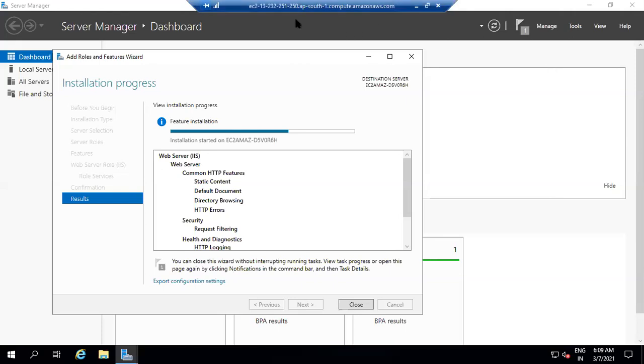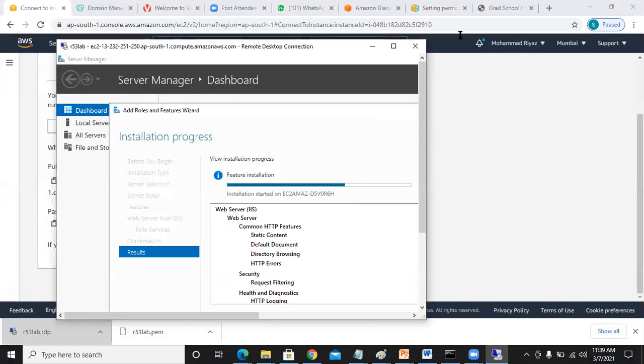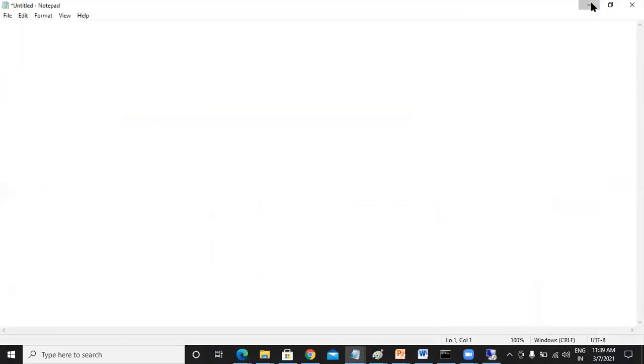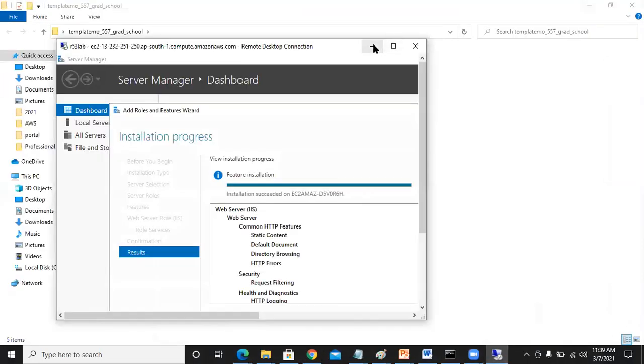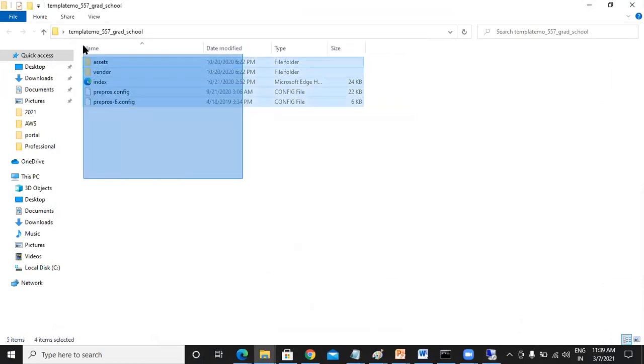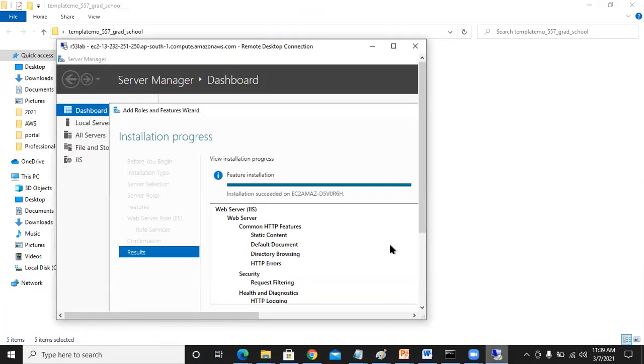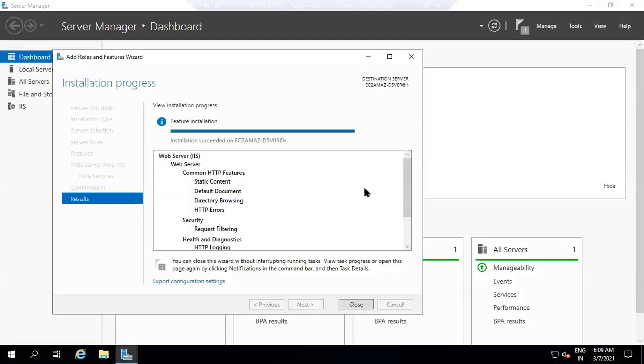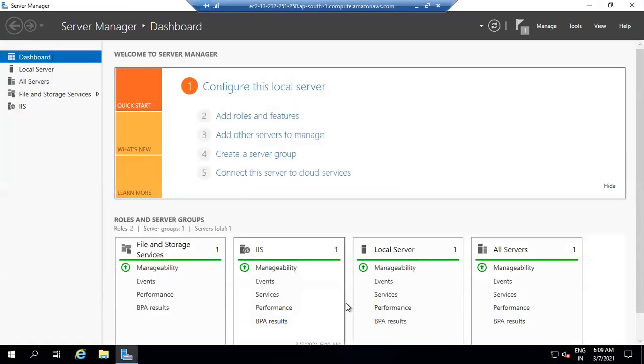Meanwhile, let us check for the web page content. In my laptop, I have the web page content. I'll copy this and paste it here. I can see installation succeeded. Close.